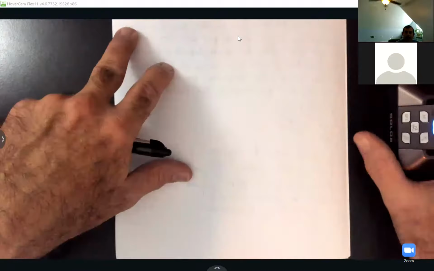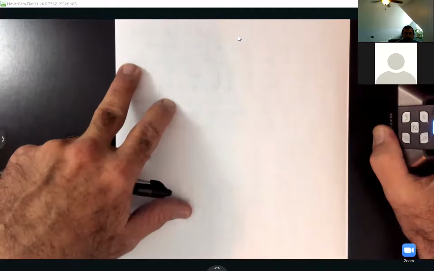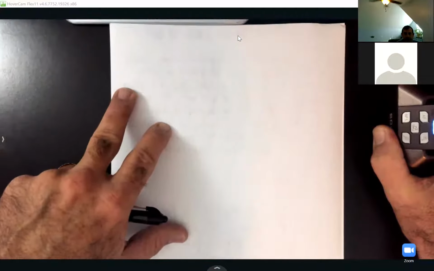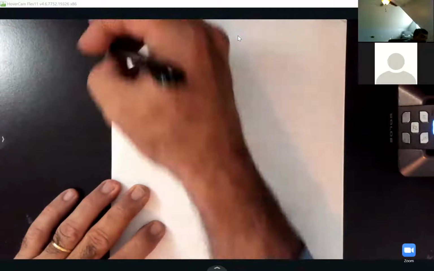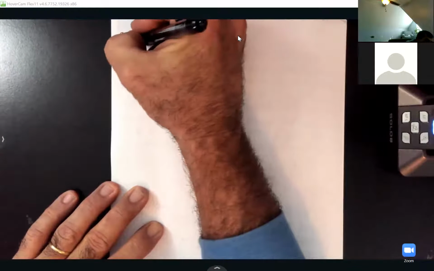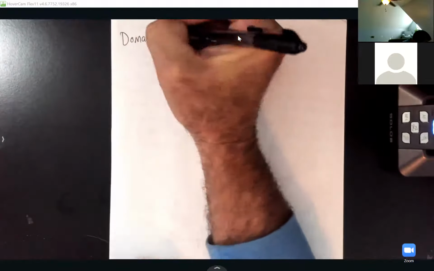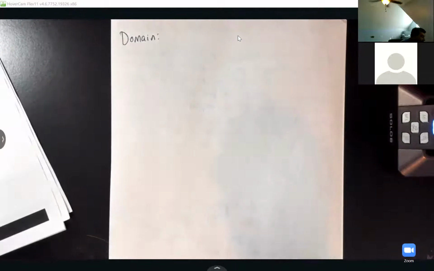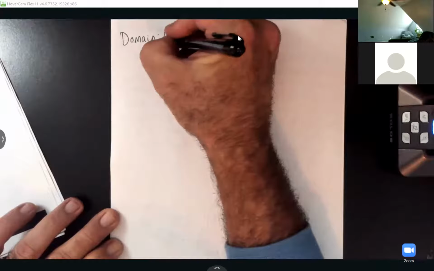next we'll talk about domain and range. So let me push this back up. We'll say, so we're going to learn about domain and range. Domain, so the domain is the set of values